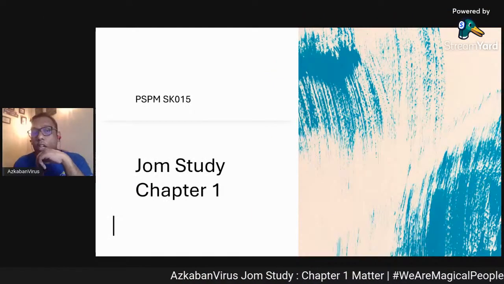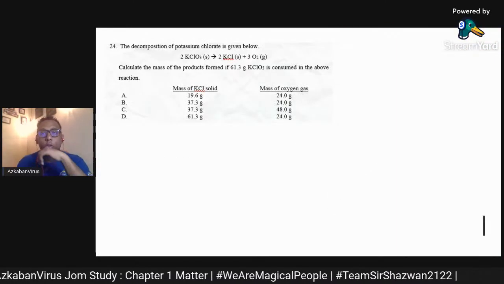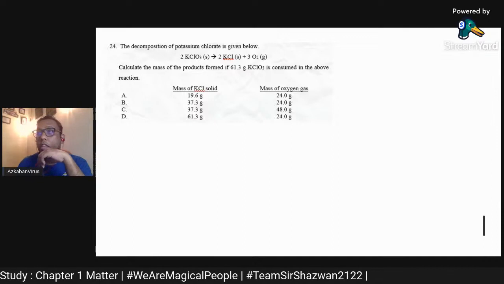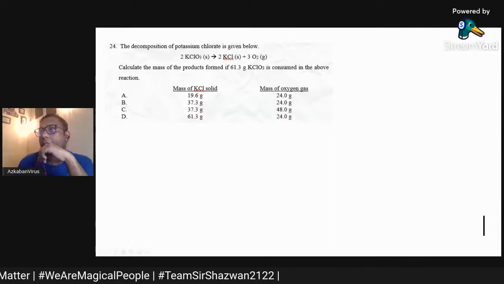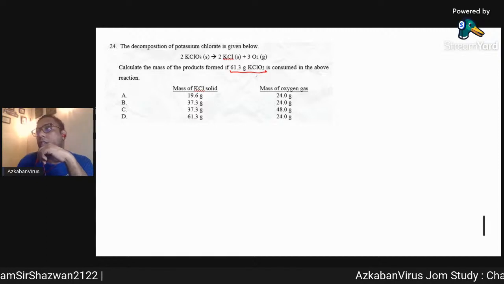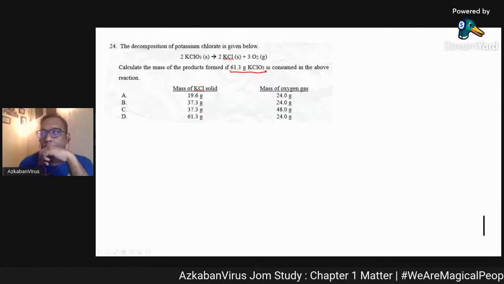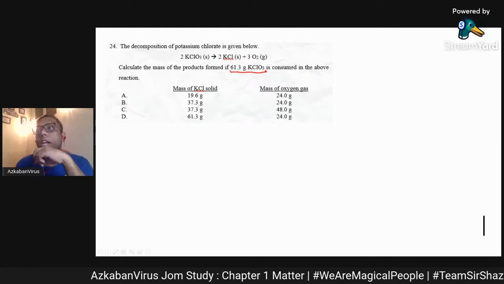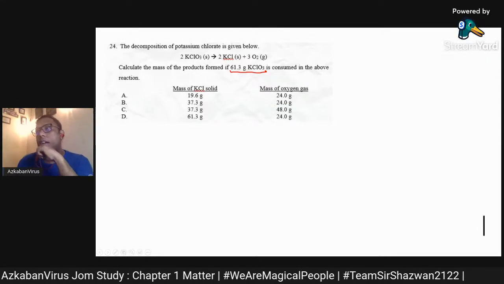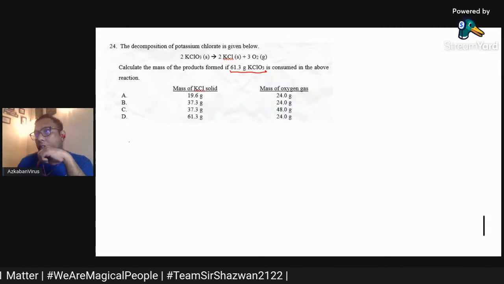Okay, nice. So, kita teruskan dengan discussion untuk soalan nombor 24. Last time kita stop at this question. So, this question, we were asked to calculate the mass of product formed if 61.3 of potassium chlorate is consumed in the above reaction. So, sama juga nak cari dia mudah saja. Apa kita perlu buat? Kita guna equation. Okay, kita kena cari mole dulu. So, mole of KClO3